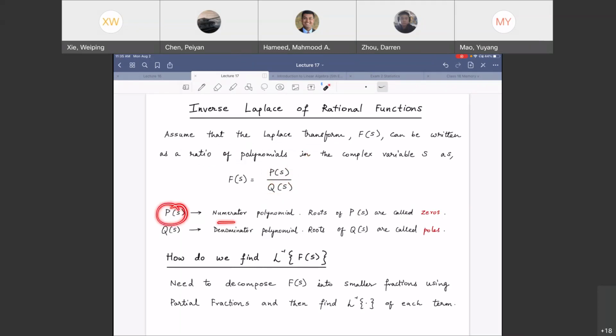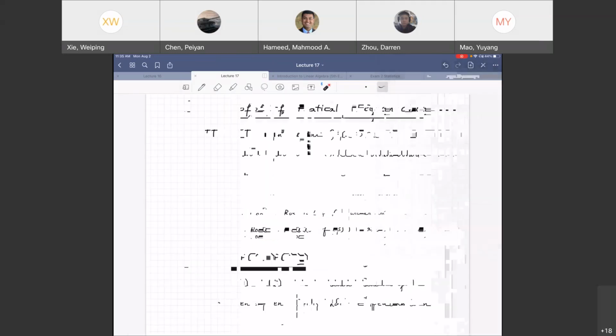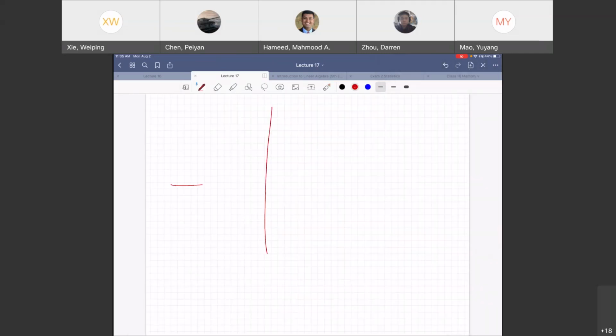So you've got P of s as your numerator. The roots of P of s will be called zeros. Q of s is your denominator polynomial, for which the roots of Q of s are called the poles. And you can mess around with the zeros or the poles to do, say, filter design, right? As we discussed in the last class, suppose you have sigma over here, and j omega over here. Let us suppose that I wanted to design a filter. Let's suppose I had a band pass filter, right? So if I had a band pass filter, I would try to do this.